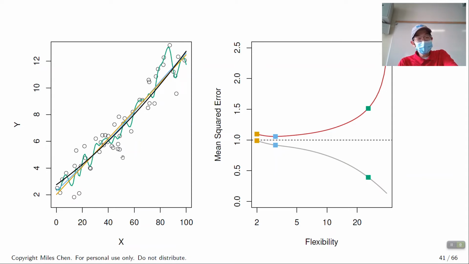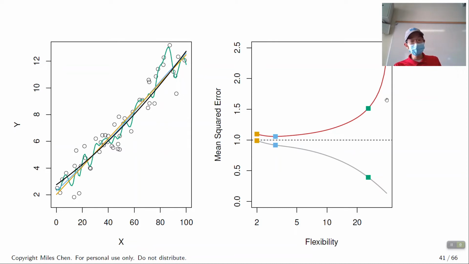But then when we take test data, which we don't see here, but we generate new test data around the true relationship, what we see is that the orange and the blue line have practically the same amount of error, okay? Well, because if you look at it, the orange and the blue line look almost exactly the same on this graph. Orange is straight, blue has a little bit of curvature, but they look pretty much the same. And so the amount of error here, both of them very small. And what we see is that the green line, although it has the best performance on the training data, has the worst performance on the test data.